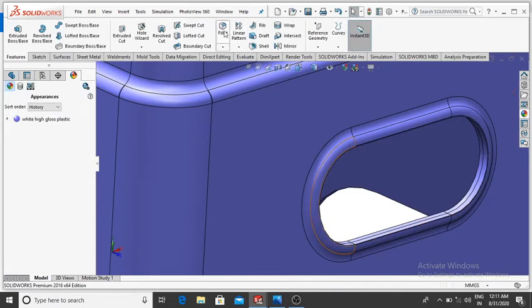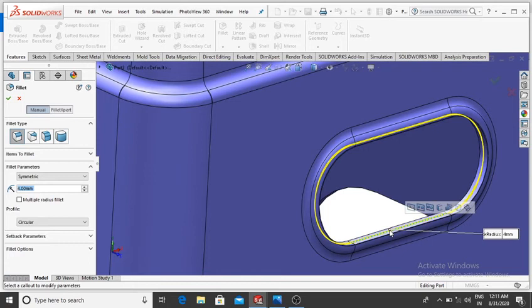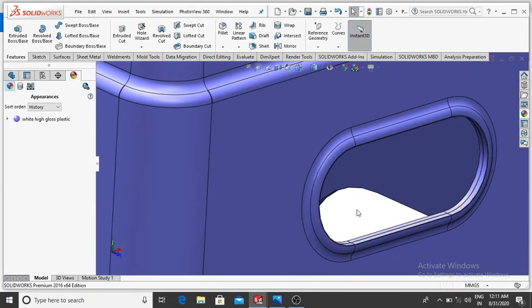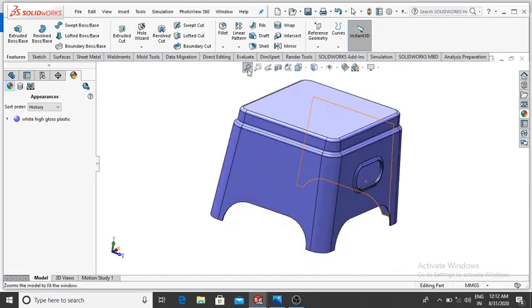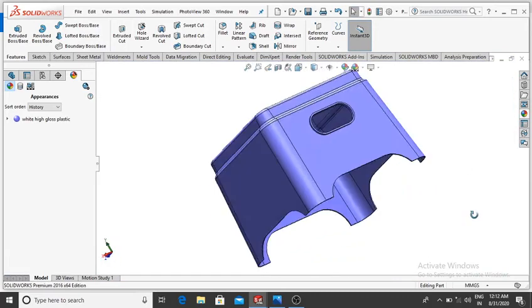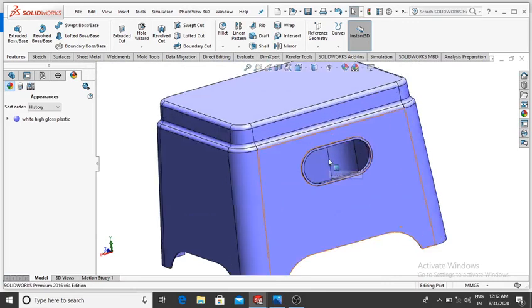And here select the fillet and make the fillet of this line 1 mm, make it 5.5, and again make the fillet to this one, so